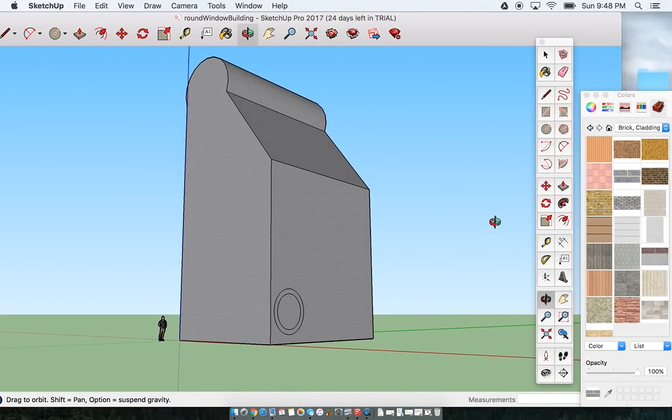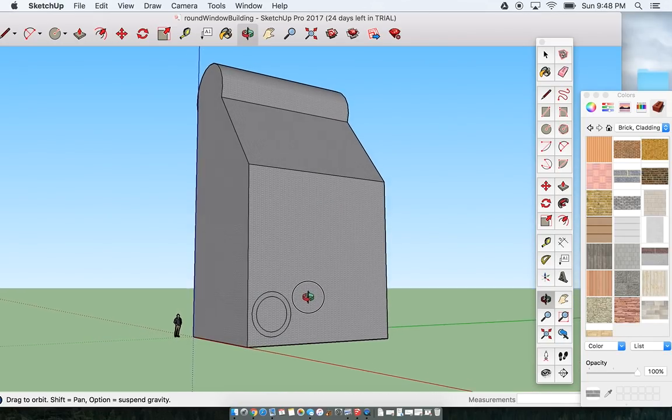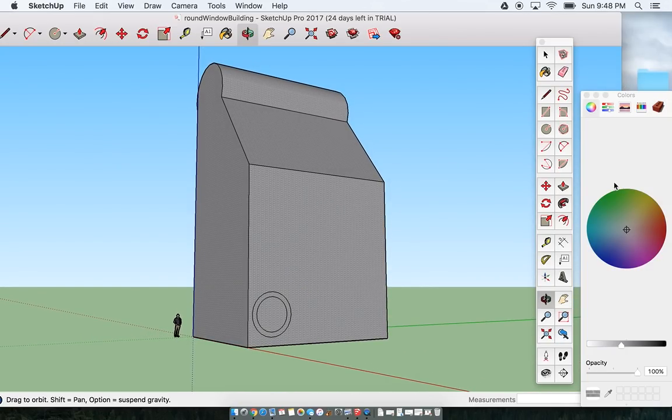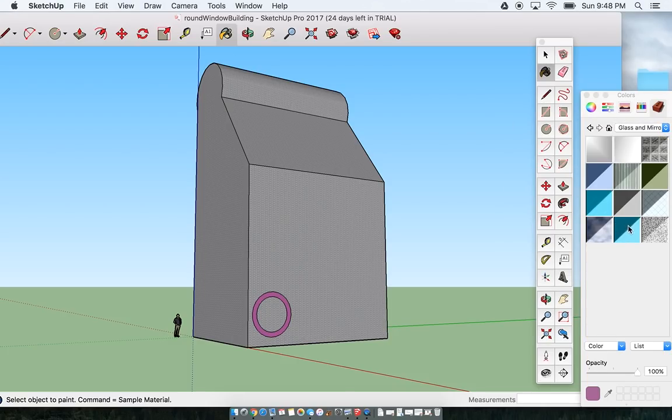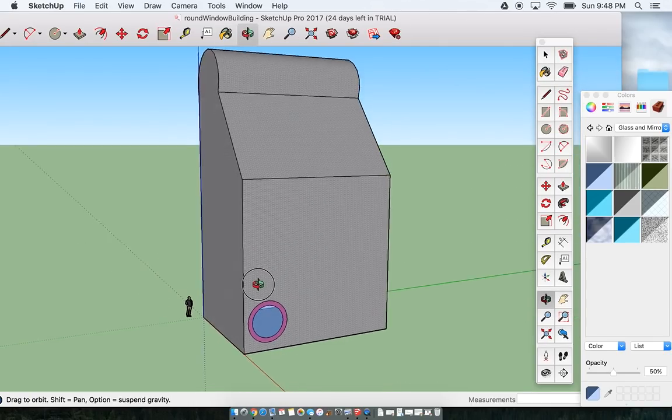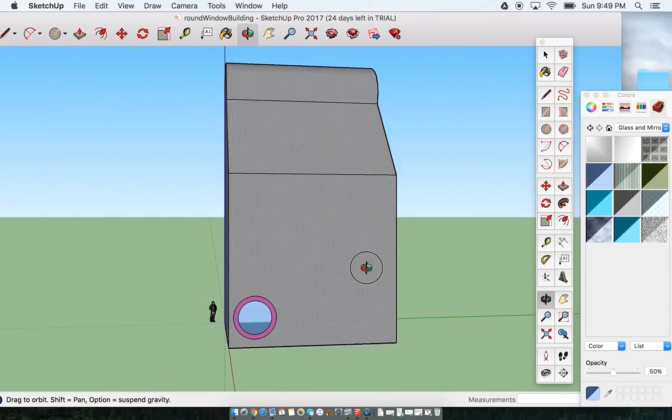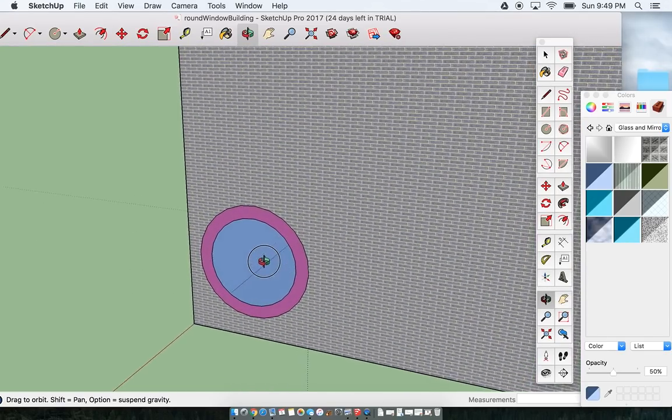Once you make the circle, you should go ahead and paint it so it looks a little bit more interesting. I'm going to use any color to paint the outside, and for the inside I am going to use a window. Translucent works. In this updated version, it's glass and mirrors, and I'm going to go ahead and paint it. And if I move, you'll notice that it's actually translucent, and you can now see inside the building, which is